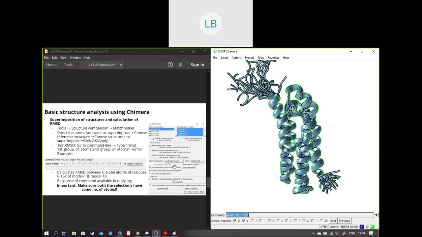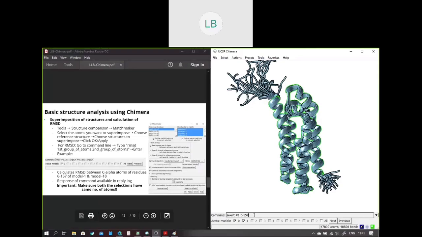Since for the superimposition, in this case, all the number of atoms are correct. But if, let's say, we are trying to superimpose two different proteins, the number of residues will be different. And we need to make sure that the number of residues remains the same when we are superimposing. So that's why we will select C alpha atoms. So we'll press @C alpha.